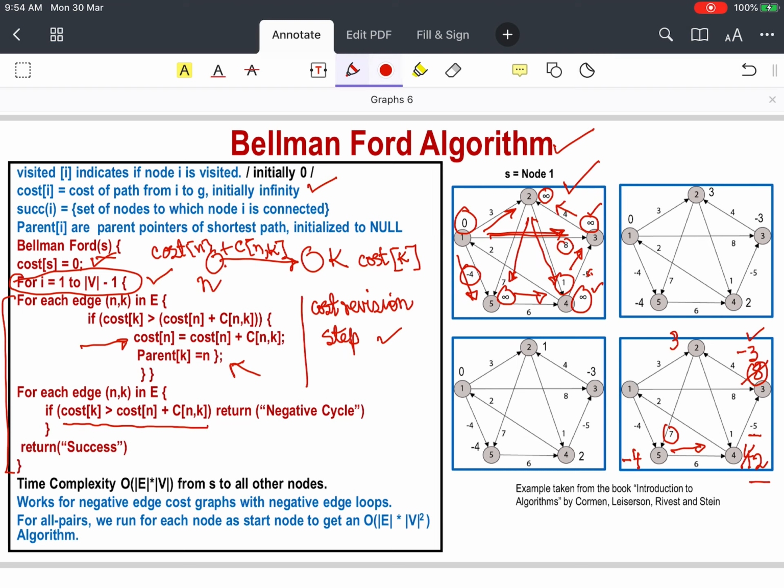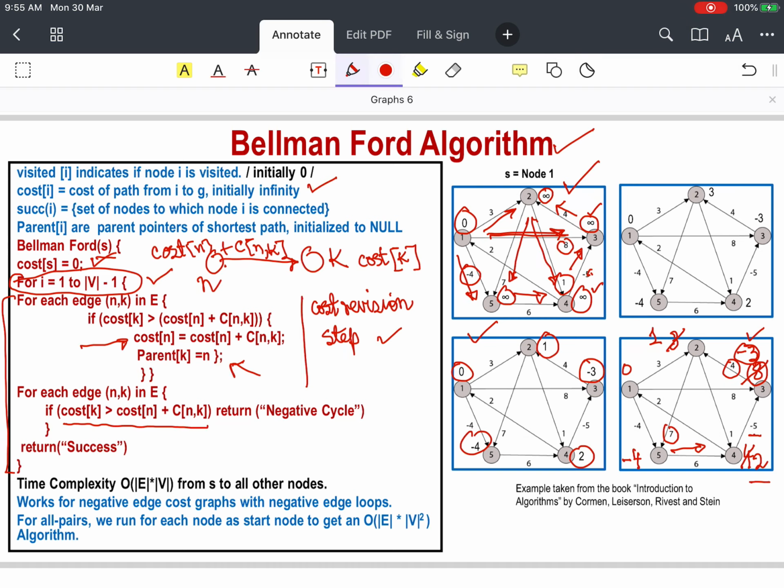So now from 3 to 2, 3 is of cost minus 3 and this edge is of cost 4. Therefore, this cost becomes 1. So by doing these steps, we see that we have got, this was 0. If you look at this figure, you will notice that we have got this cost to be 0, this cost to be 1, this cost to be minus 3, this cost to be 2, and this cost to be minus 4. So by this iteration, we have come to this cost change.